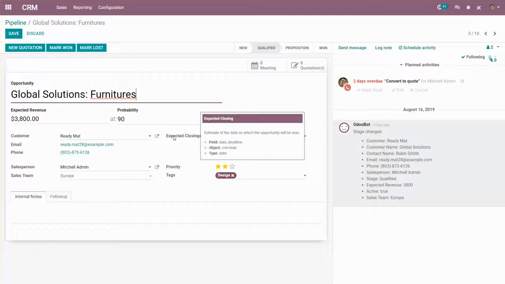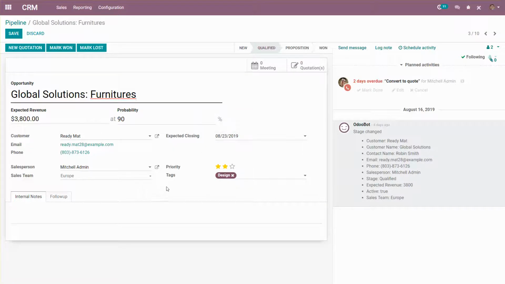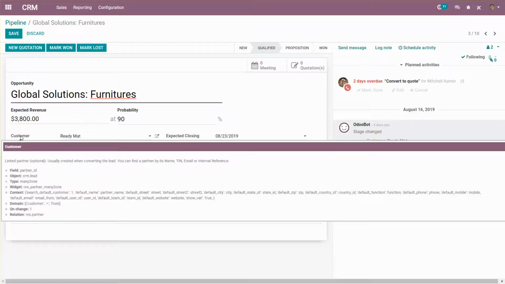Now let's see what a many-to-one is. A many-to-one essentially is a way for information to go from different tables. So for instance, this customer field pulls from a different table altogether. While this field itself, partner_id, belongs to the object crm.lead, the type is a many-to-one with a relationship to another table, which is res.partner. So what you're effectively doing is bridging a gap between two different tables and saying I can select a res.partner record in the table res.partner and putting it in the crm.lead table,